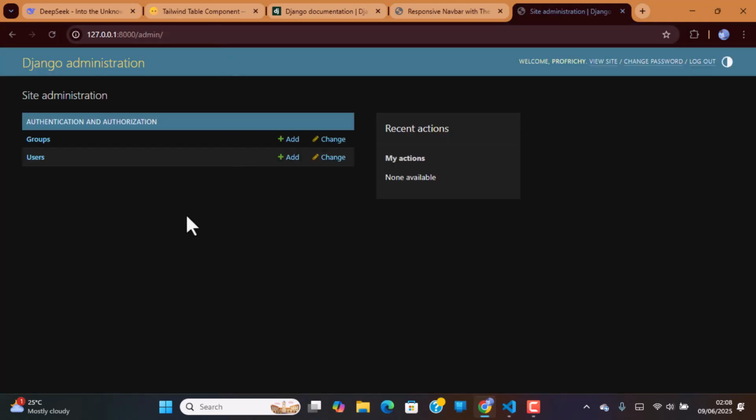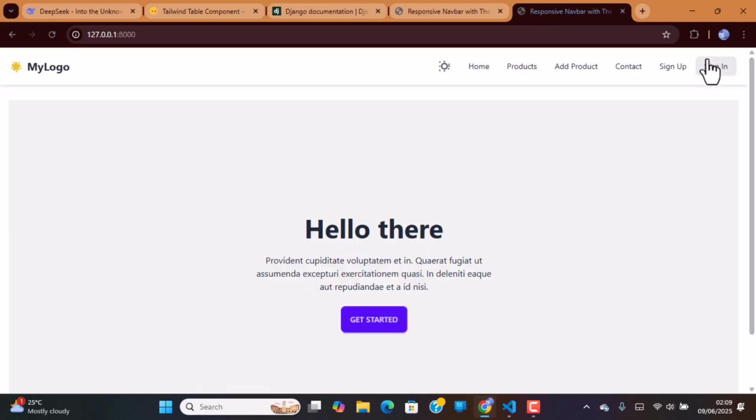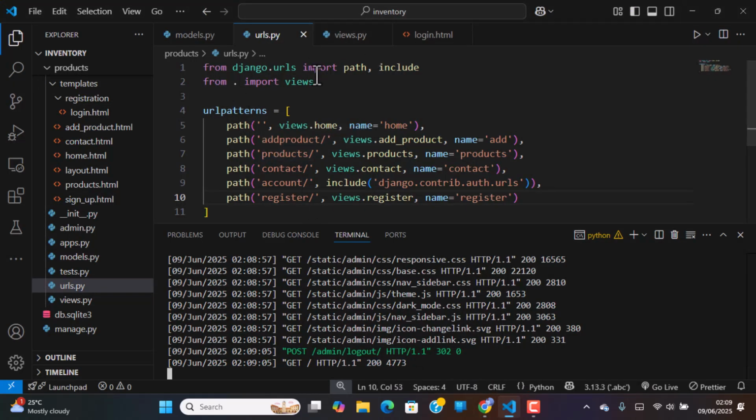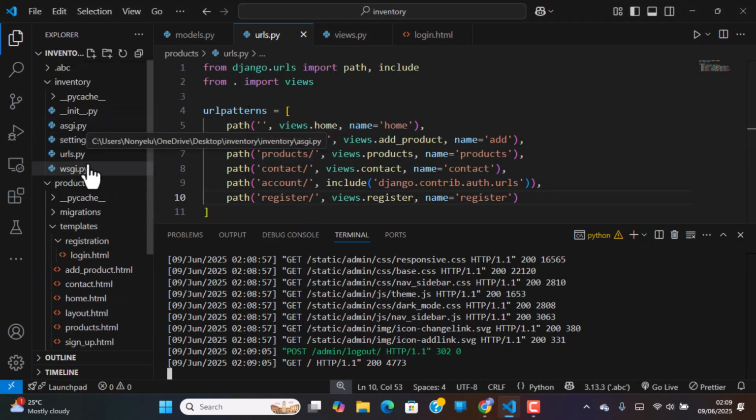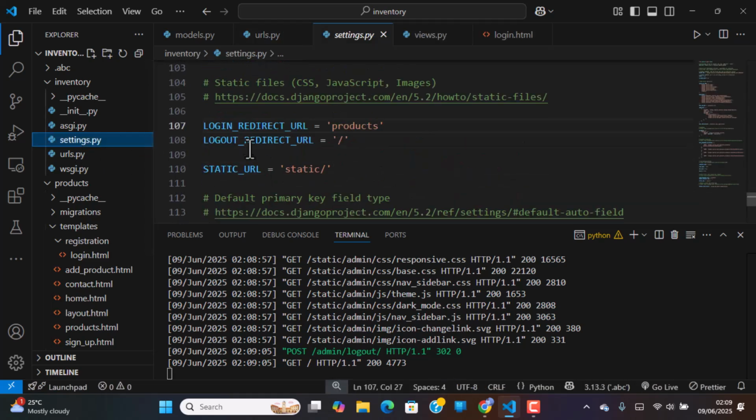You see, we are logged in, and Django makes sure that it creates an admin for us, and we can log out from the admin, and you can see once we have logged out, it takes us to the home page. And that is because we set up that our